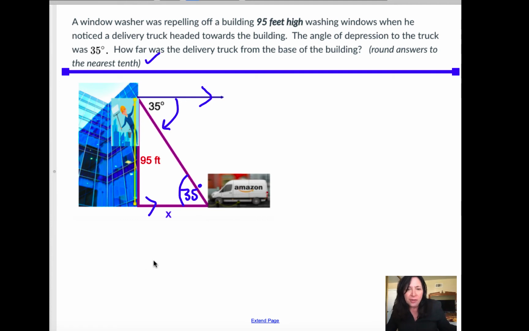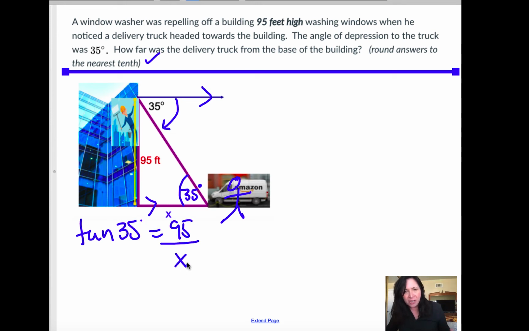The first way you can do this is this. Put yourself at the Amazon truck, and you're going to go opposite over adjacent. Same formula. You're going to say tangent of 35 degrees is equal to the opposite side over the adjacent side. Now, I want you to be aware that this is a 90-degree angle here, because it's a building. Yes, it's 90. I know it's not posted. It is 90. And if I were to take 90 degrees and subtract 35 degrees,